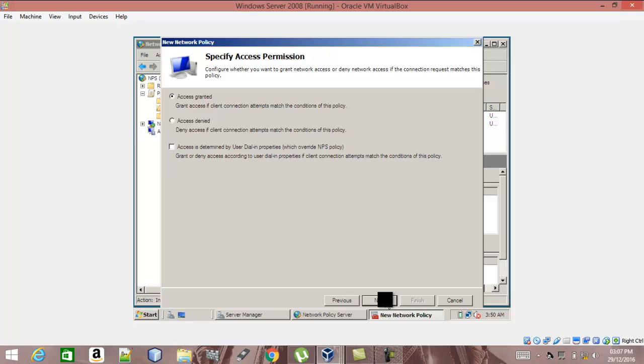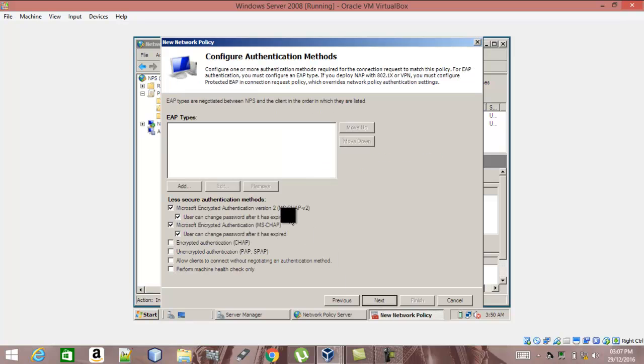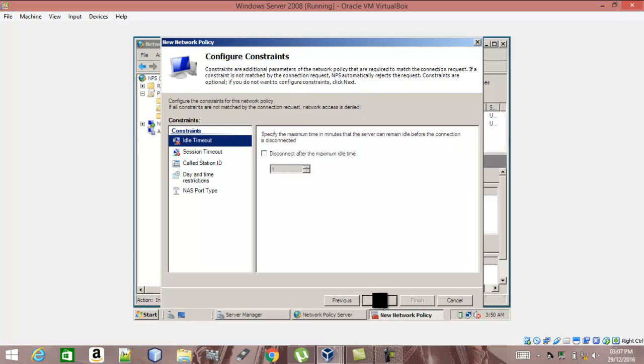So I'm now gonna click Next, and I'm going to uncheck Microsoft encrypted authentication, as well as user can change password after it has expired. Alright, so I'm going to click Next,